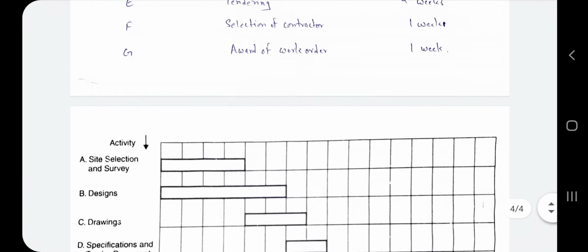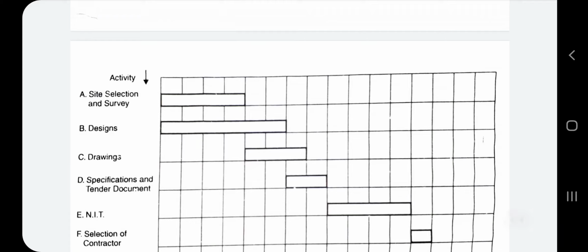This means design and drawing may sometimes be done in parallel: the design work is not completed and the drawing work has also started.